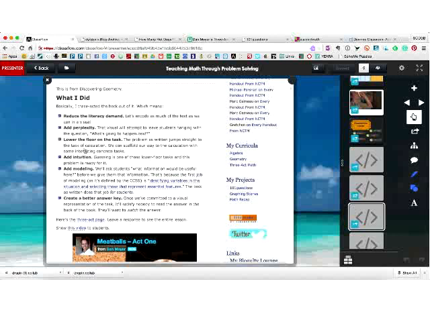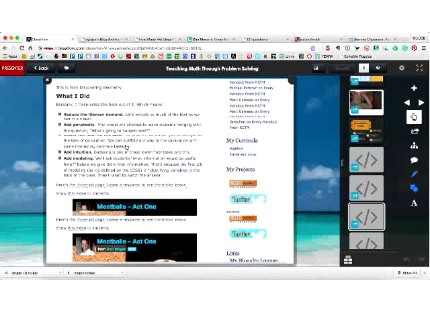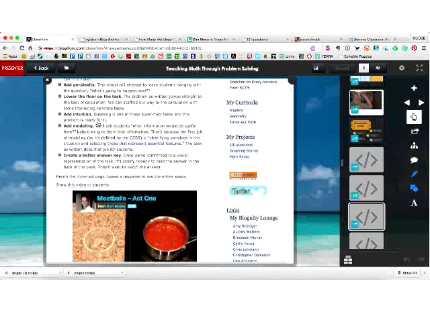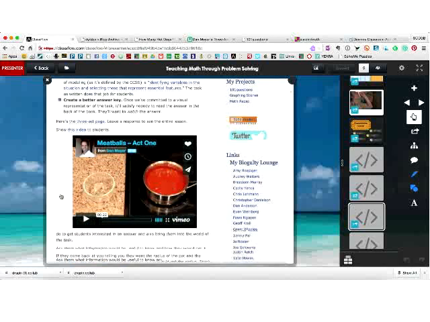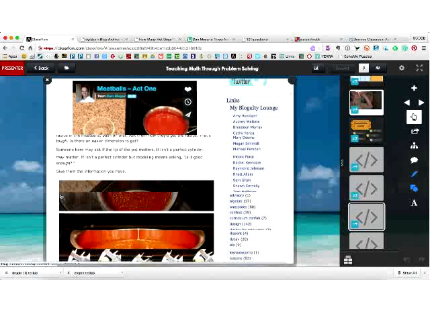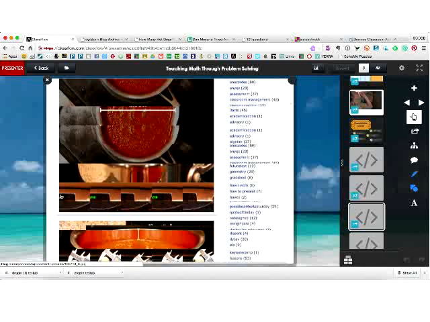And then he lowers the floor on the task. So in the textbook, they have to jump right to a calculation, whereas students can get their way to the calculation when they're working in groups without having to calculate right off the bat. It adds the intuition where you're making educated guesses. What's a value you know is too high, too low, and then he talks about some modeling and an answer key, and then he shares the video with you. So this is just another one, and here are the images that he gives them if they ask for it.